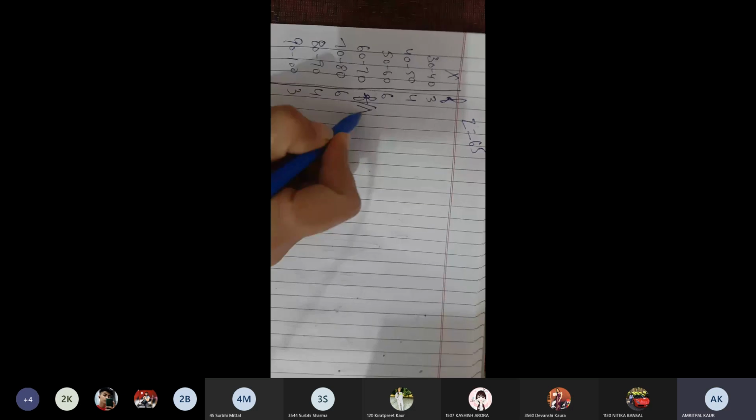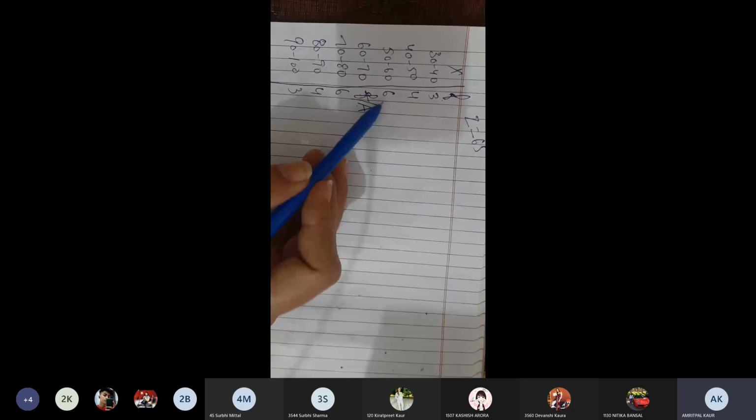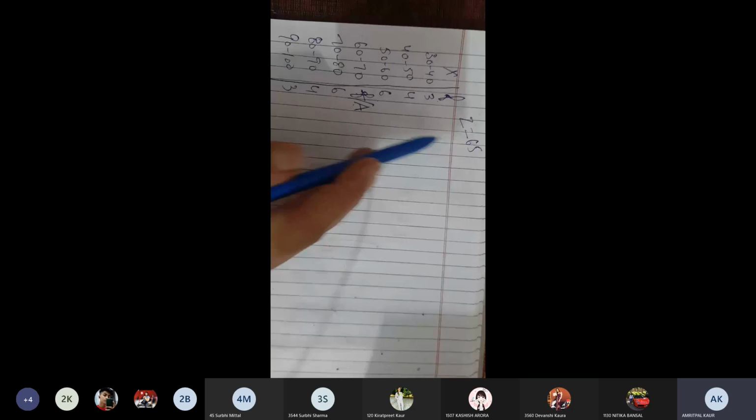Now Z is equal to 65. Otherwise, how did we used to find the mode? We used to see the frequency, the maximum frequency, and then accordingly we select it. When the mode is given as 65, you have to see which class interval 65 lies in.